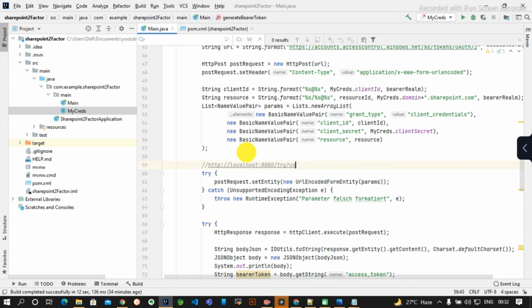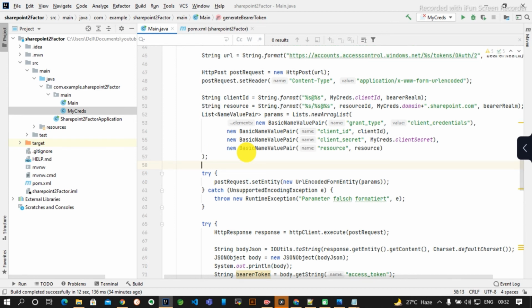So this is something like that query parameter, this name value pair and the basic name value pair. It is nothing but it will be appended with this URL.